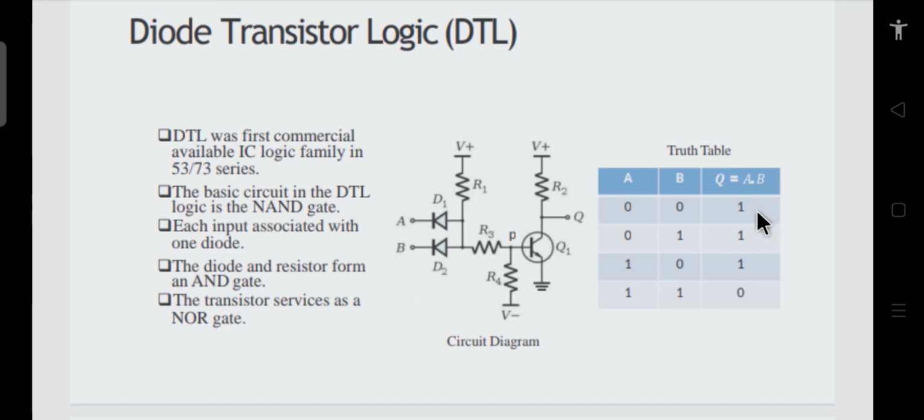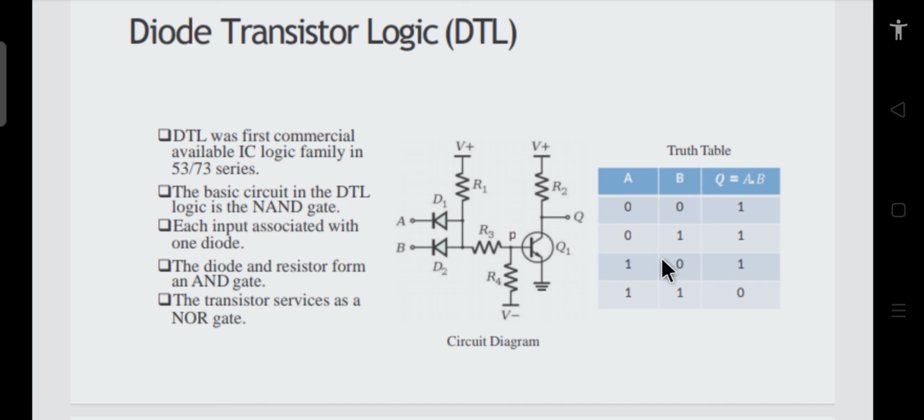So it is equal to your NAND gate. Both the inputs are 0, so the output is high. So this is a NAND gate. If any of the inputs is low, then this transistor will be off in either case, because this diode will short V plus through either D1 at A, or through D2 at B, or through both D1 and D2.